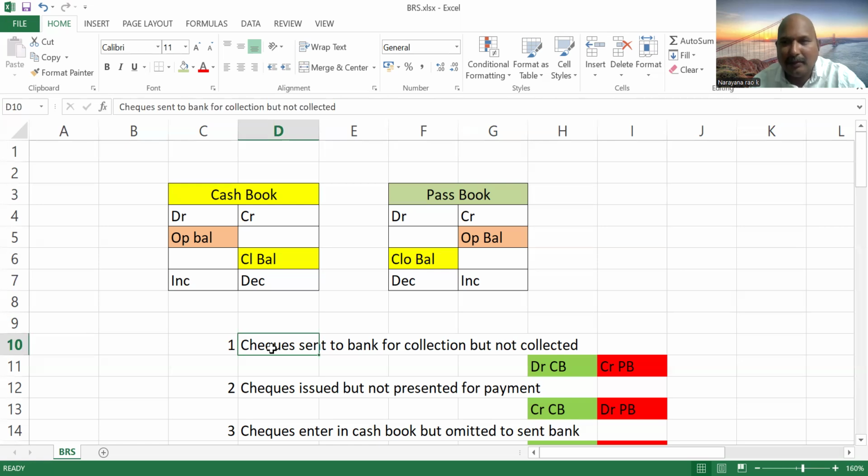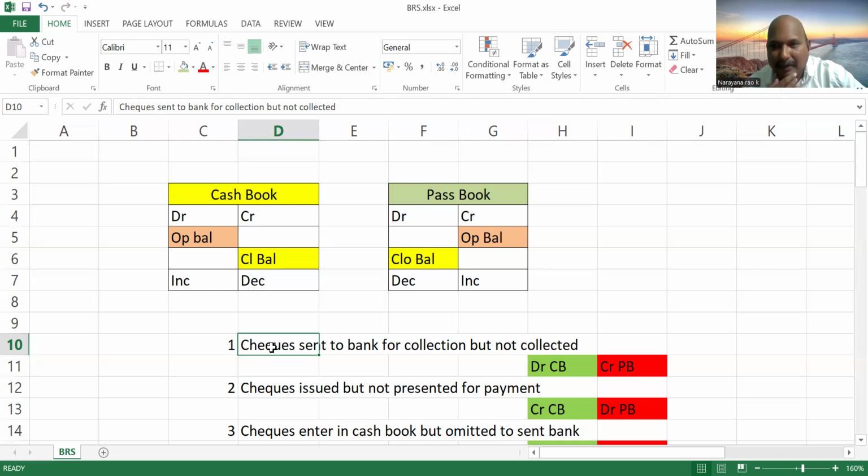But suppose the cheques are deposited at the month's end. That means on the 29th of this month, we deposited the cheques in the bank. The bank will take one week to collect non-local cheques. Cheques are of two types: local cheques and non-local cheques. Generally, local cheques are cleared in one or two days, and non-local cheques take one week. Before collecting the